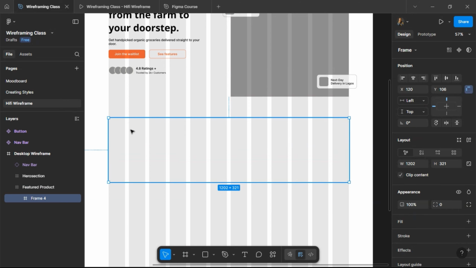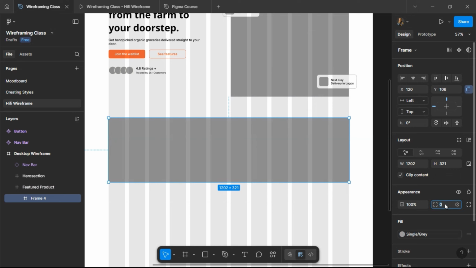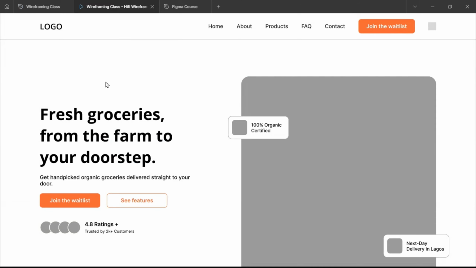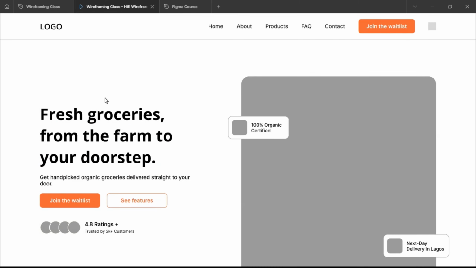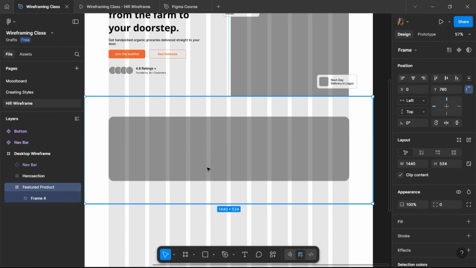Now we are just going to change the fill of this to gray. Then I'm going to change this to like 24. Let's see how it goes. It looks okay. I want the distance between this and this to be like 100. Let me see how that looks. Alright, it's very close to this, but we're just going to use it anyway. You know, let's just leave this. We might make some corrections when we are actually working on the